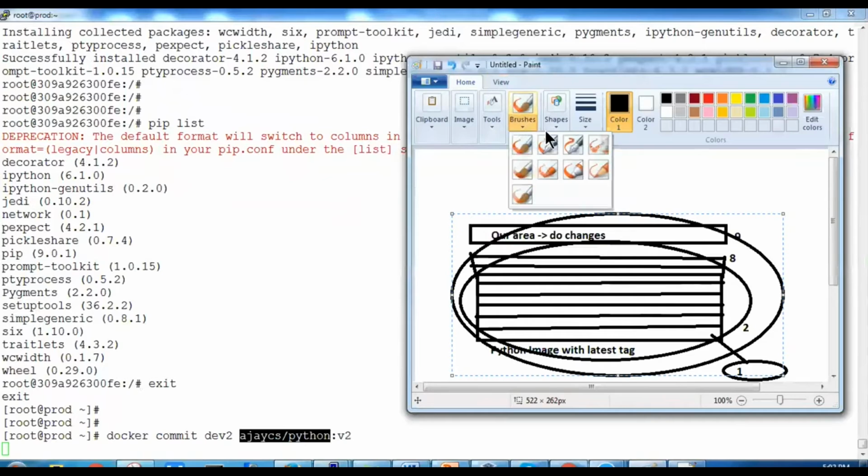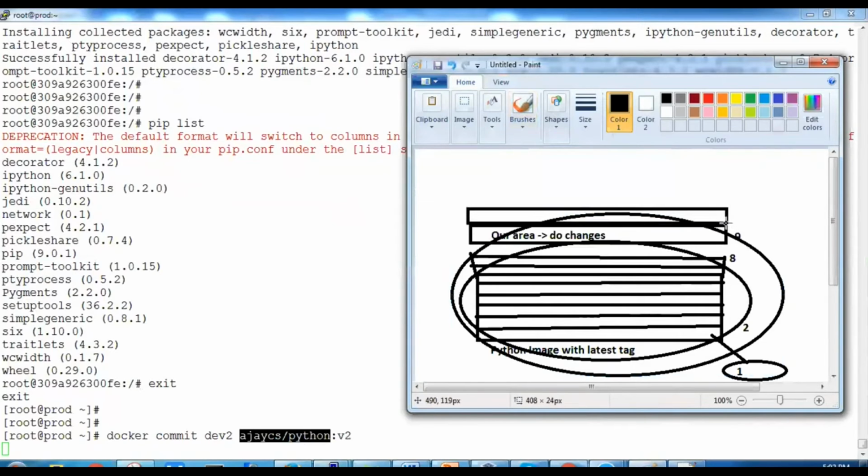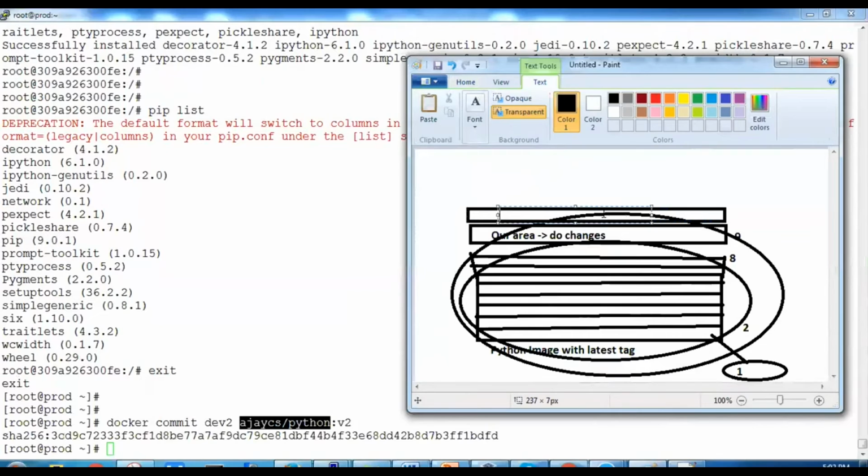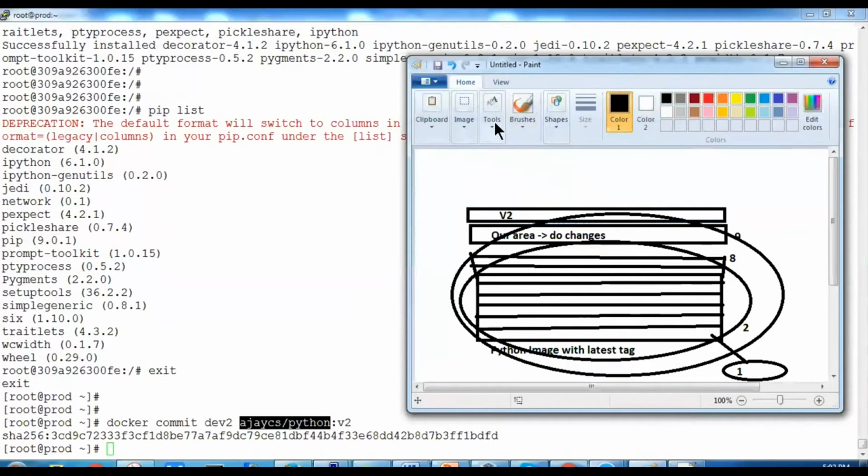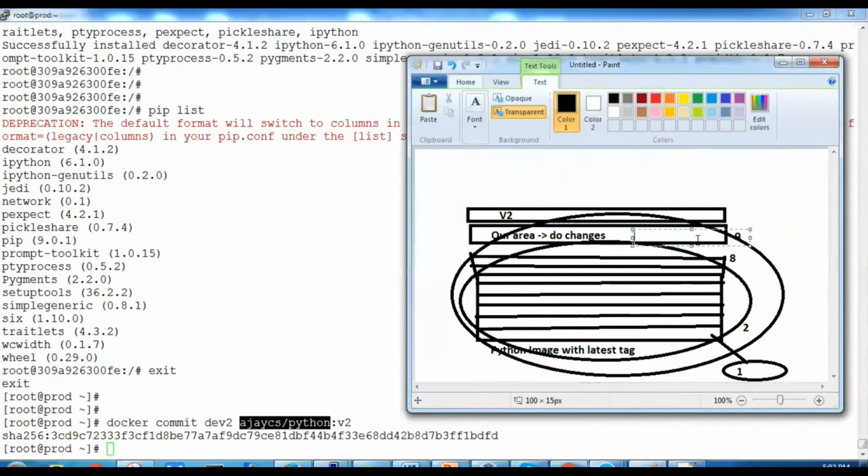Now how does it look in this schematic? We'll say here one more layer. Now this is our v2, and the below one is our v1.